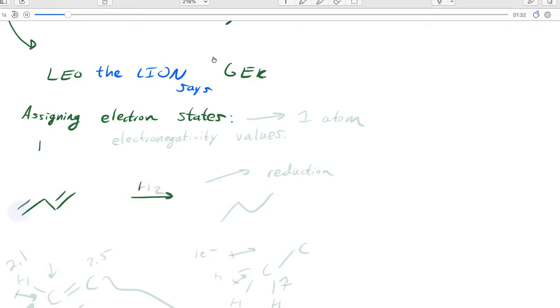So here's hydrogenation. When we're looking at electron states, we're basically only applying it to one atom or a set of atoms in particular. We will say the whole molecule is either oxidized or reduced, but we base that on one element. So if we take hydrogenation with this alkene component, we'll just get butane. Let's look at these two carbons right here, or just this one on the end really. That one is C, double bonded to C, H, H, and then the rest of that I don't care about. So looking at this carbon, we do want to look at